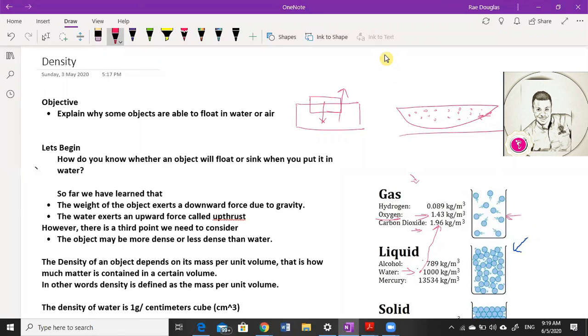You understand? So we know that information, but clearly there's another aspect that we need to consider, and that is as a result of whether the object is dense or less dense, to consider whether it's going to float or sink. Because if you look at the simulation, we see that some of the objects sank while some were able to float. We have to put into context density as well, not just the forces that are acting, but also the density of the object.